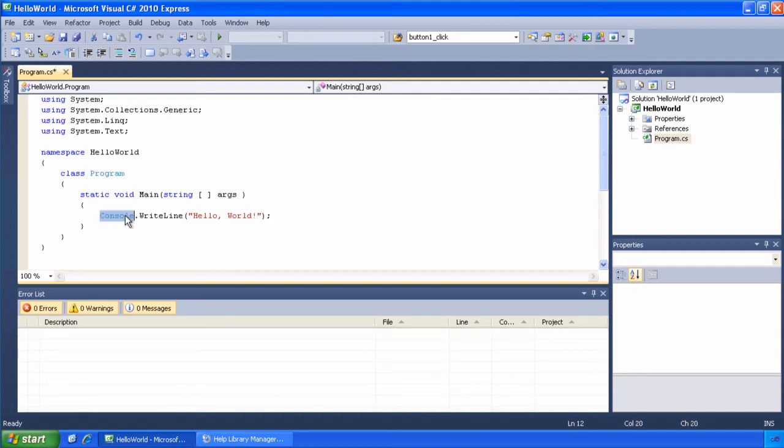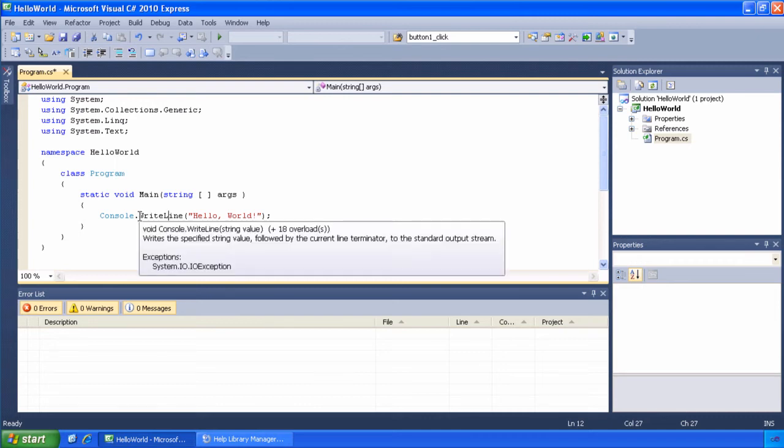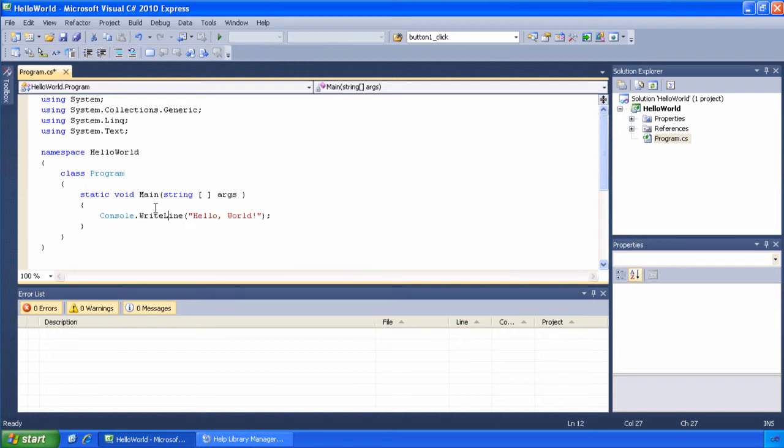So what I typed was console, and then the period, and then the word WriteLine. It's all one word, and it does have a capital W and a capital L, and that's very important. You'll find that in programming, almost always your capitals count. If something is supposed to be capitalized, you must capitalize it. If it's not supposed to be capitalized, you must not capitalize it, or you will not get what you think you're going to get. So I happen to know that this one has a capital W and a capital L,